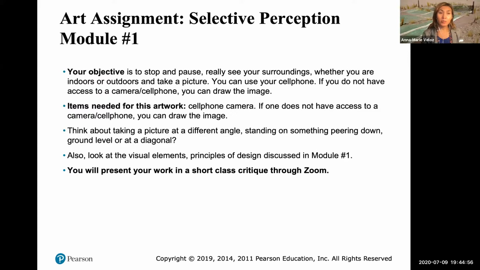So let's think about walking outside and we might see a crack in the ground. We probably ignore that. But what if you were to stop and take a picture of that crack? And maybe there's debris or an old gum piece that's stuck in that has a shoe print on it, and so forth, and stuff that might look kind of like not art. But then what is art, right? And that's what we'll be discussing a lot in this course: selective perception and disinterested contemplation and aesthetics.